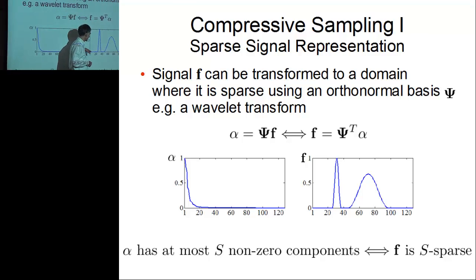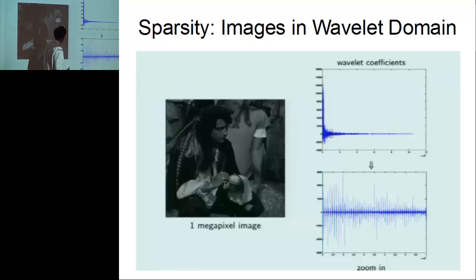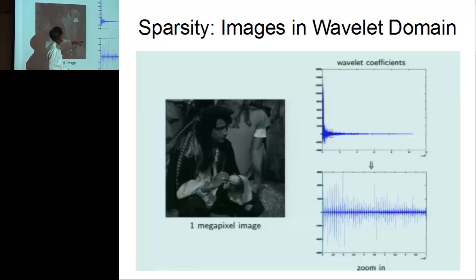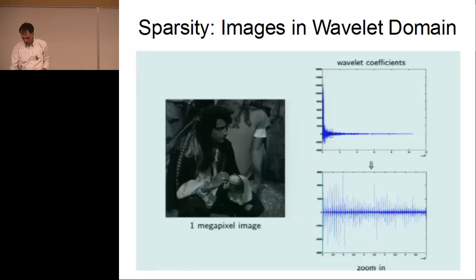The interesting part of that is you may acquire a signal like an image, and that's not necessarily sparse directly, but there may be a way to transform it to something that is sparse. That's actually happening when you're doing a wavelet transform on an image. So if you're, for instance, transforming this often shown image into wavelet coefficients, then you may see the development of the magnitudes of the wavelet coefficients. This is showing that the low index coefficients are having the non-zero values, but even more so if you zoom into a little area over here, then you see that even for low index coefficients, only a few are having non-zero values. So that's actually a sparse representation of the image,